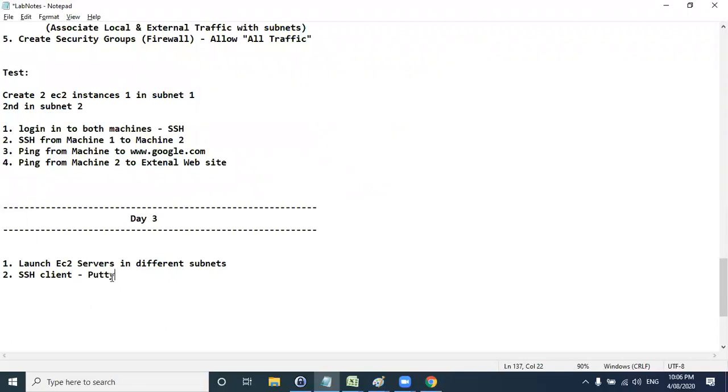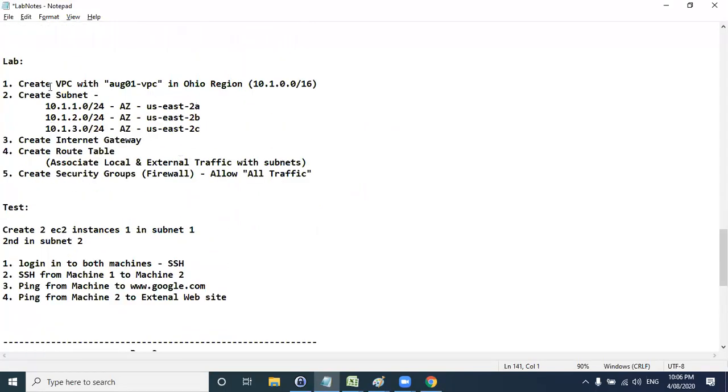We have different tools: PuTTY, or putty, they call it like this. I call this the putty tool. We will see how to configure the putty tool on our machine, and we will also discuss what key pairs are and why we use key pairs. Key pairs are nothing but the authentication system in order to log into these EC2 Linux machines. So this is our main agenda for today. If time permits, we will discuss egress-only internet gateways.